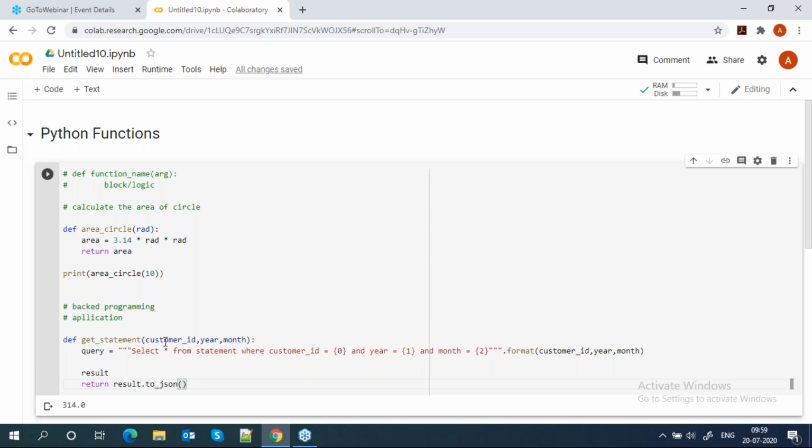The argument I am talking about can be passed at runtime. Here I return result.to_json as an example, but you can return the result in any format, JSON or otherwise, depending on your requirement.